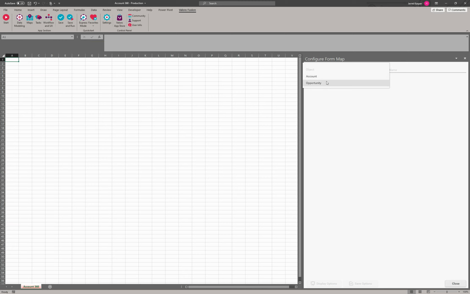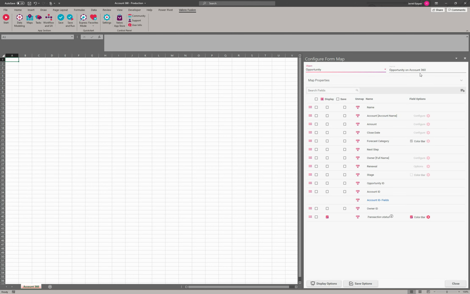And if you want to add fields from two different objects on the same map, it's best to start with the child object. So in this case, we're using the account and opportunity. We're going to go ahead and select opportunity. By default, there'll be a name. You can change this. And form maps are best used when you want to just look at a single record for an object,